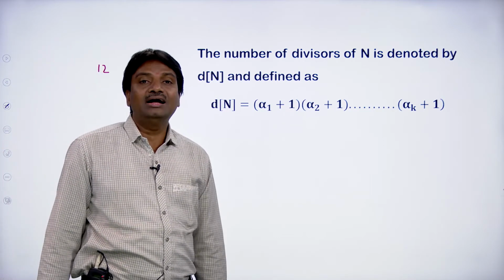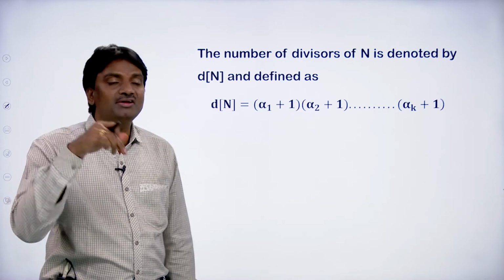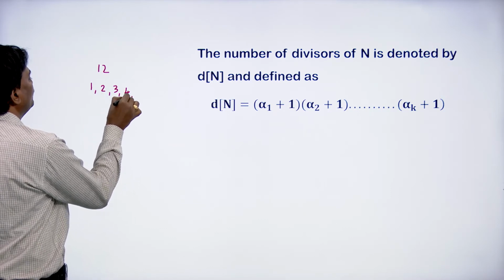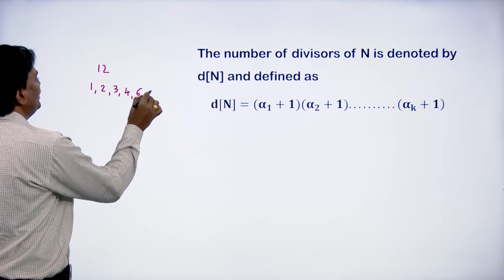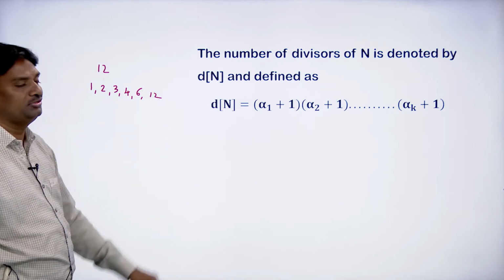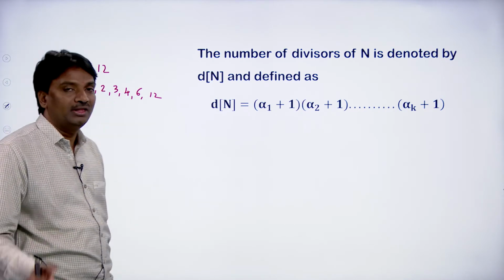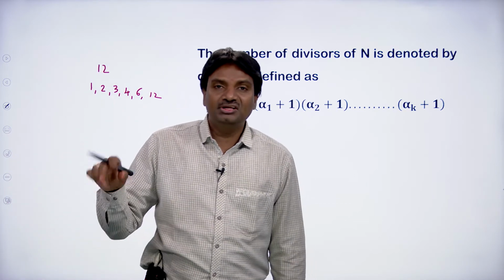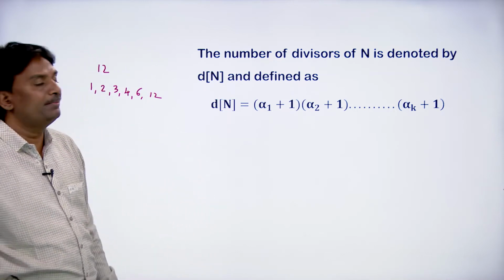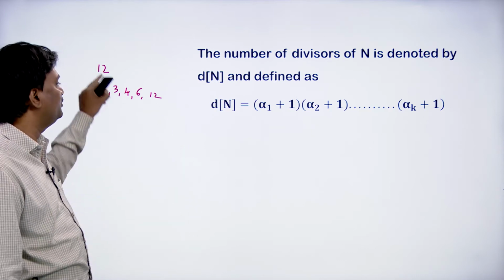by taking all the divisors of 12, divisor of 12 means the number which divides 12. 1 times 12 is 12, 2 times 6 is 12, 3 times 4 is 12, 4 times 3 is 12, 6 times 2 is 12 and 12 times 1 is 12. So, the divisors of 12 are 1, 2, 3, 4, 6, 12. How many divisors are there for 12? 6 divisors are there. Since 12 is a small number, by verifying and writing all the divisors, we can say the divisors of 12 are these.